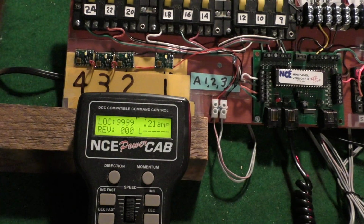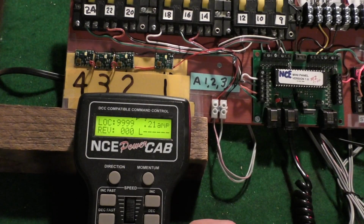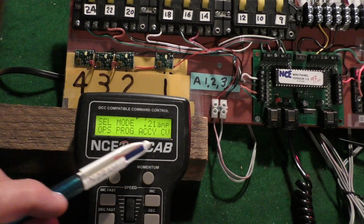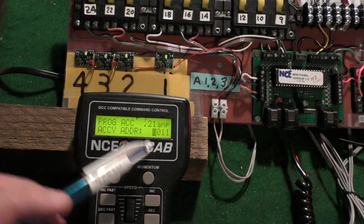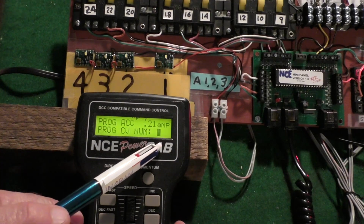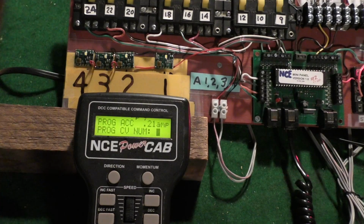it's a weird name, the ops programming accessory CV. But on our cab, we go into programming mode, and then they say push the 7, which gives us the ops program accessory CV. Hit the enter to select that. Now it says accessory address, and since we changed this lighted decoder to 11, we're going to push enter to select 11. It wants CV number, that's 137, so we're going to say